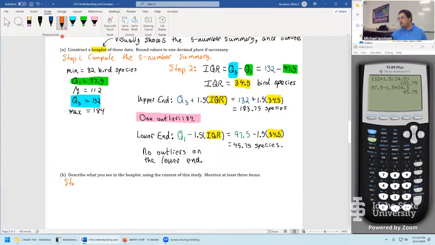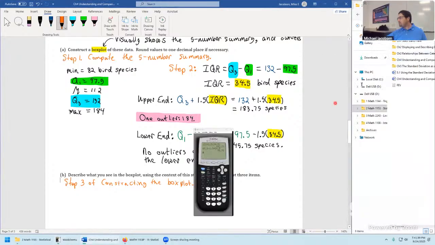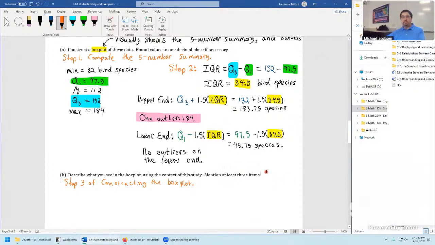And finally, step 3 of constructing the box plot is just to put it all together. First thing that's a little bit weird is there's a couple competing ways you can put down the scale. You could go horizontally, or you could go vertically. It really just depends. It's all up to you. I think our author is more often going to go vertically, so we'll do a vertical one as well. If you put your scale horizontally, it's the same information, just presented in a different way.